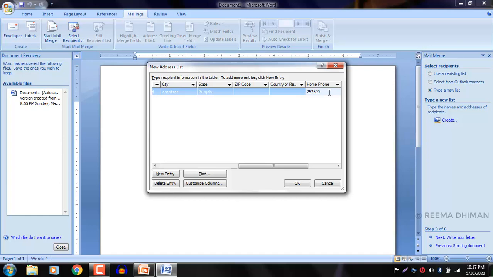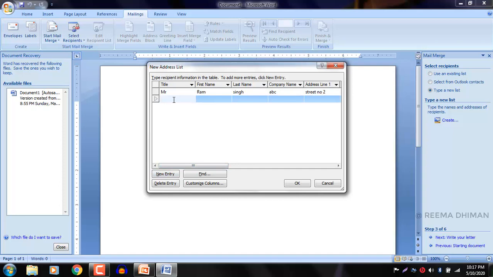So after filling in the information in these fields, you have to click on the new entry button. Okay, for the new entry, for example, I want to enter Mr. Next, Ram Singh.